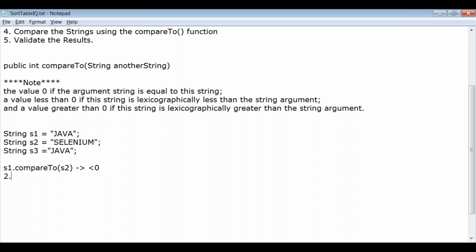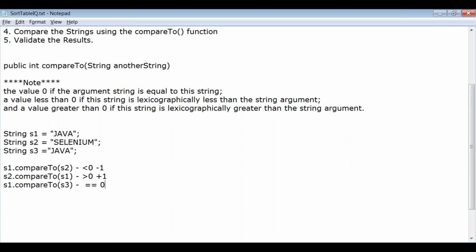If I compare s2.compareTo(s1), the result is greater than 0. Less than 0 means you get -1, greater than 0 means you get +1; you can get any number, but it is greater than 0. If I compare s1.compareTo(s3), I get the result equal to 0.